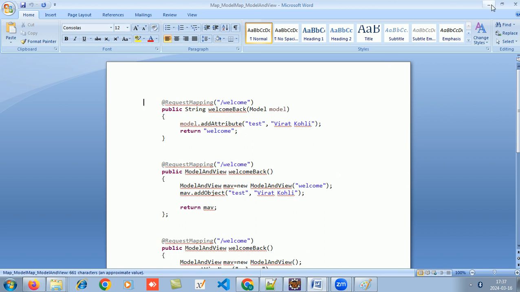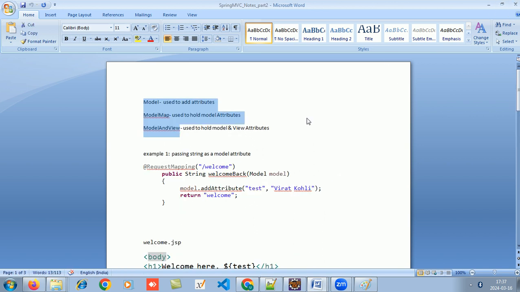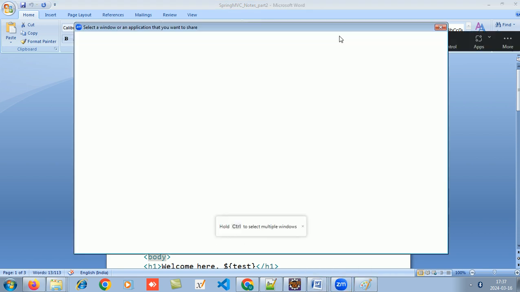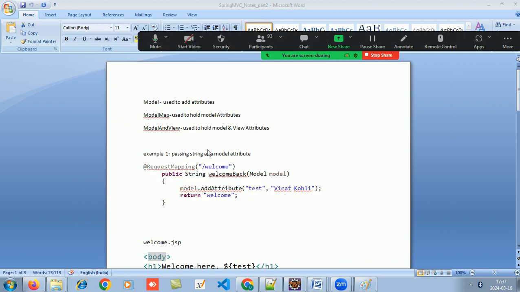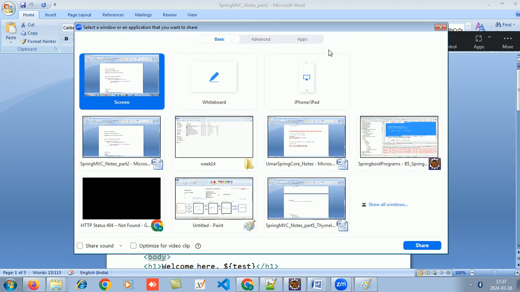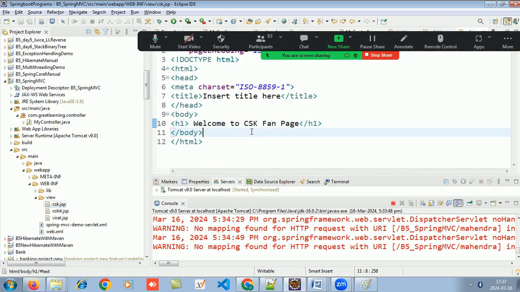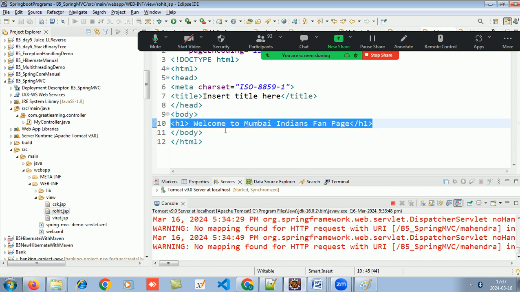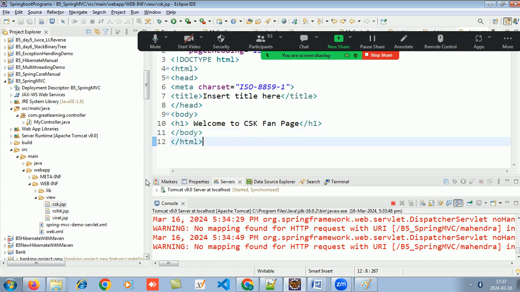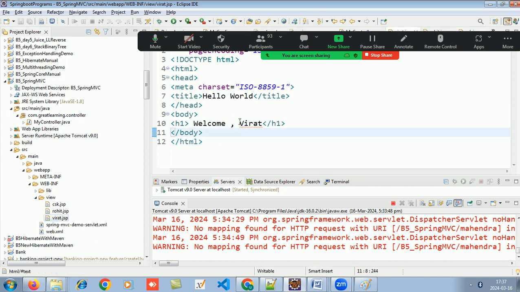First let me do a simple one. Let's do a simple example of model, then maybe I'll go to the complex ones. Here what I'm doing, guys, is that till now whatever data is there, I'm not passing any parameters from my backend to this page. This page is just static data. But now if I want to pass some parameters from here, instead of saying welcome Virat,